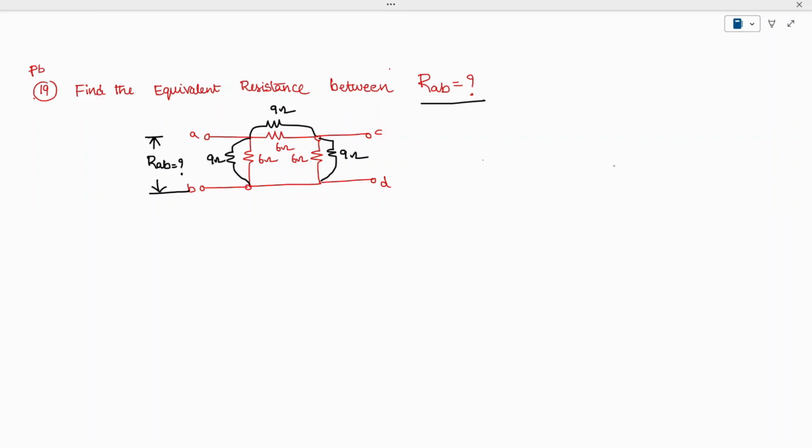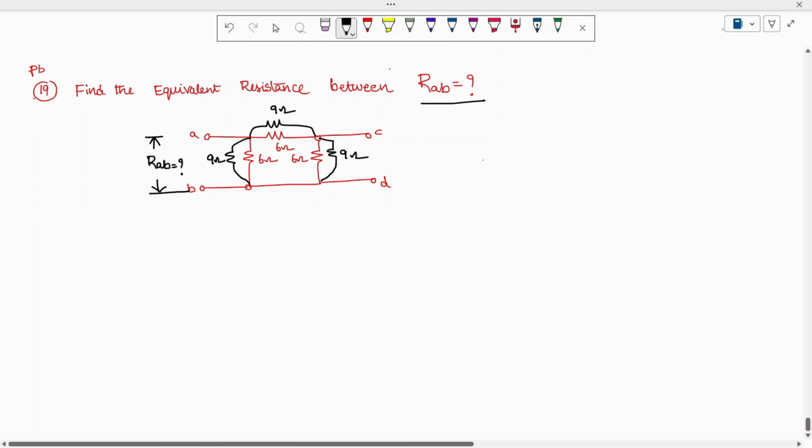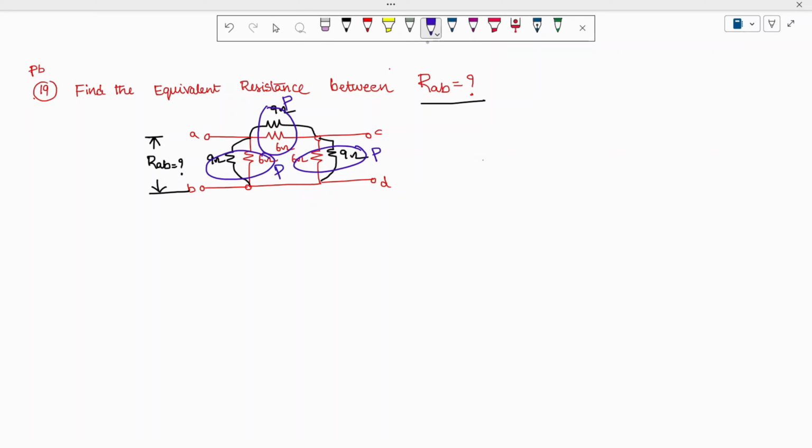So when you see this network, it's very clear that 6 and 9 are connected in parallel, 6 and 9 connected in parallel, and 6 and 9 are connected in parallel. So that's why I am going to first solve this. These two are connected in parallel, these two are connected in parallel, and these two are connected in parallel. So whenever they are connected in parallel, then we can solve it. Okay, so therefore